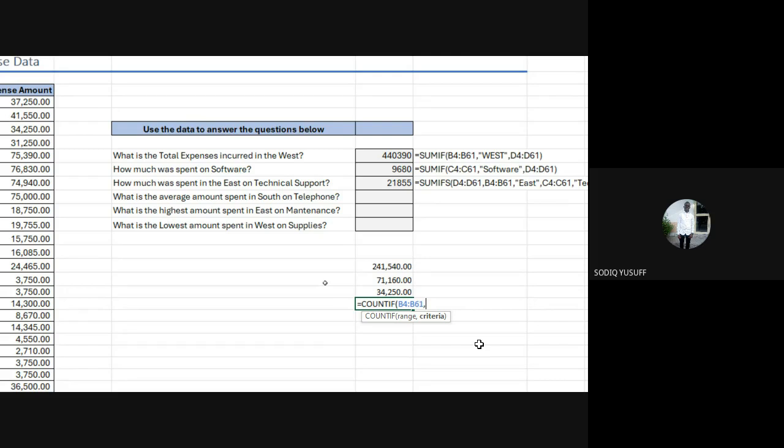So when you pick the range now, we're looking at what? East. So it counts how many times East appears, right? So then I'll open a quote and type East inside the quotes, then close the quotes. Because count does not need to sum anything. Count is count. We're just counting the number of times it occurs. That's for count. So after the East now, you then close the bracket. By the time I hit enter now, it's going to show me how many times East occurs in the table. Enter. Now it's telling me that East occurs 14 times.